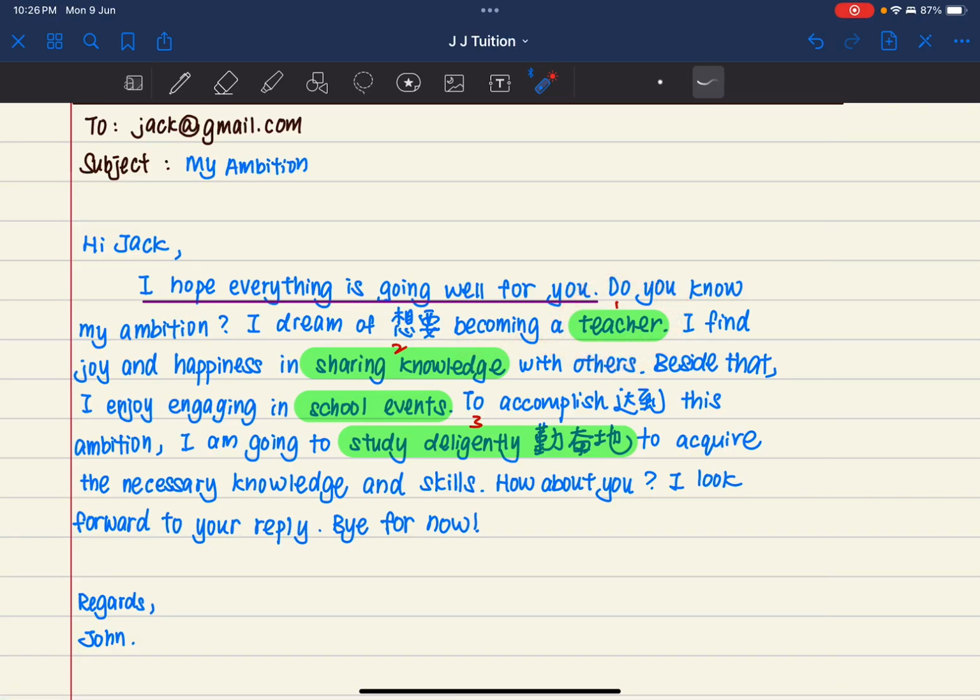the point，这样你就会得到 content 的分数。写了 point 1 进入 point 2，为什么你想要成为老师呢？比如说你可以讲我在分享知识的时候感觉到很快乐，I found joy and happiness in sharing knowledge with others。Besides that, I enjoy engaging in school events。此外我也觉得参加学校的活动非常享受。To accomplish this ambition，accomplish 的意思是达到，你可以用 achieve，也可以用 accomplish。I'm going to study diligently，意思是我要勤奋地学习。To acquire 意思是得到，acquire the necessary knowledge and skill，为了得到必要的知识还有技巧。How about you？